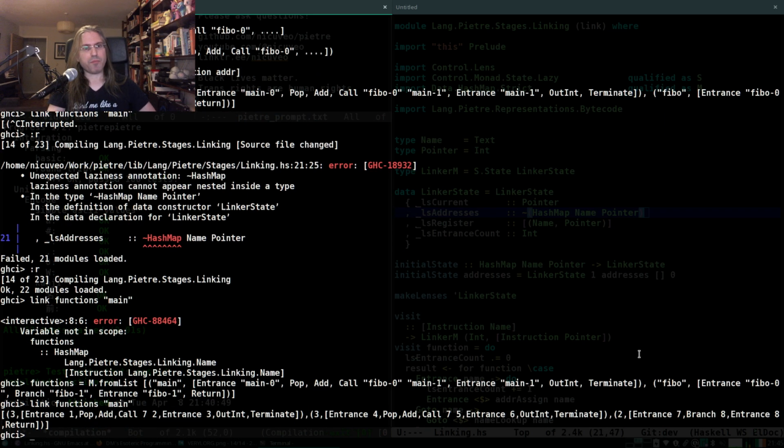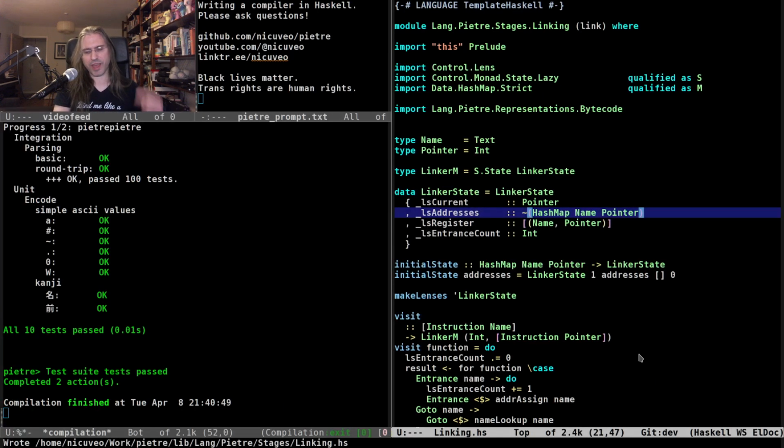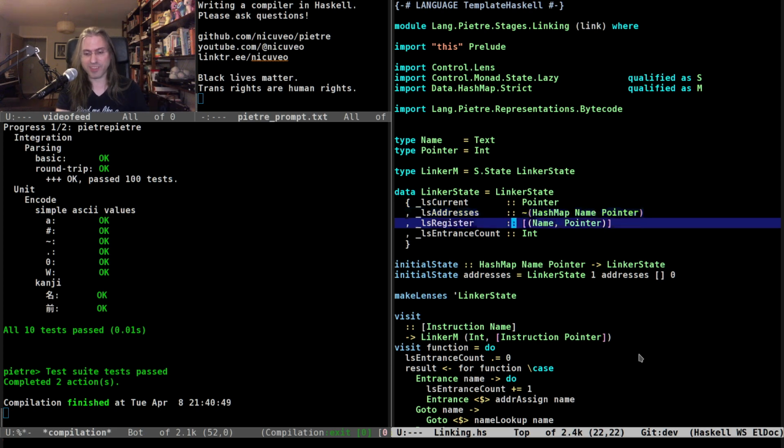There we go. By making the hash map lazy, so I have the strict data extension enabled, which changes the way laziness works by default in Haskell, where instead of everything being lazy by default, all of my fields of my records are as if there was a strictness annotation to make them strict by default.